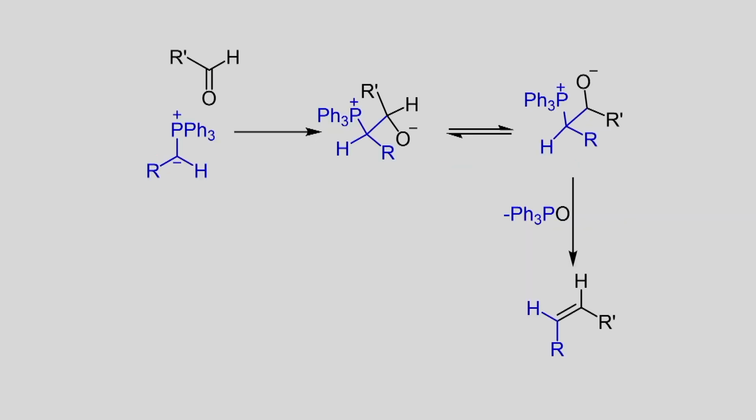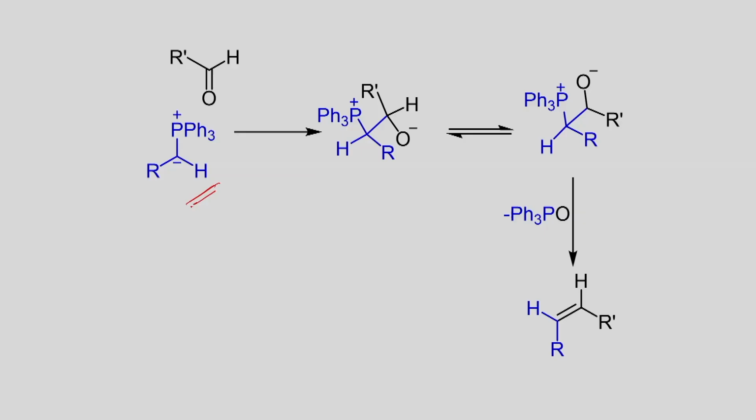Now let us go for the least stable ylide. Just as we have seen in the previous slide, the ylide which has the electron withdrawing group is a stabilized ylide. If you carry out the reaction in nonpolar solvent, the betaine which you generate by addition of the ylide with aldehyde is reversible. You will be able to form the more stable one, which can undergo elimination of triphenylphosphine oxide to give the trans alkene as the product in nonpolar solvent.